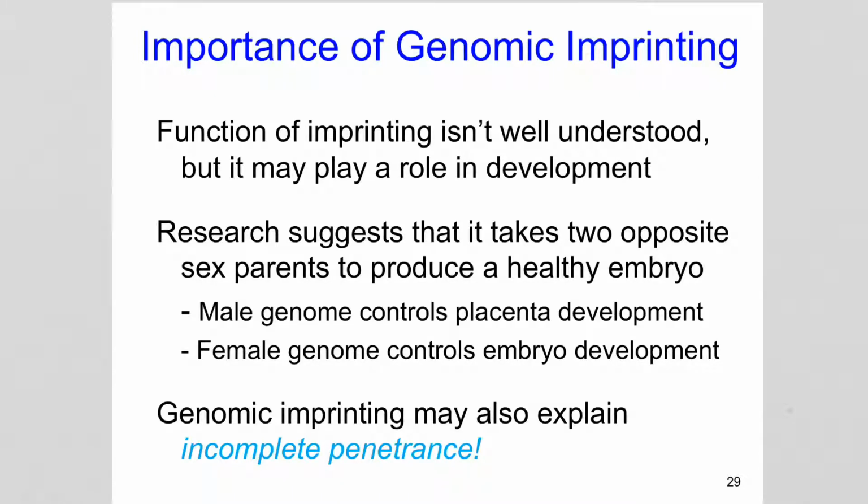So there are components from each genome that contribute to different aspects of development. It can also explain incomplete penetrance. So remember, that refers to the all or none expression of a phenotype. So when individuals can have the same genotype, but someone has the condition and someone else doesn't. So the penetrance of the genes within the phenotype that we see is incomplete. And this can explain how this works